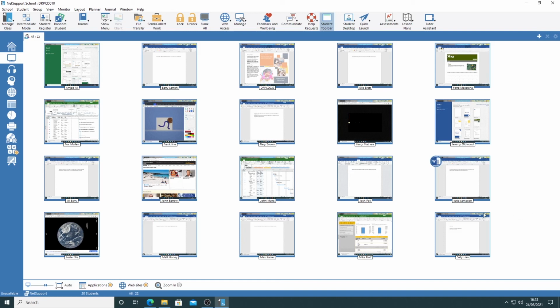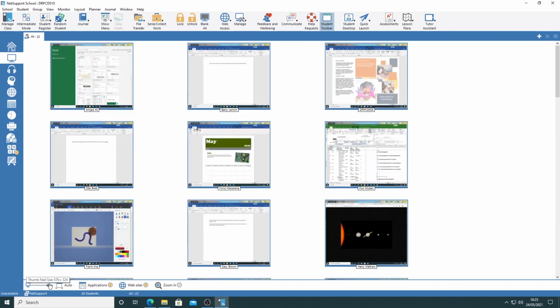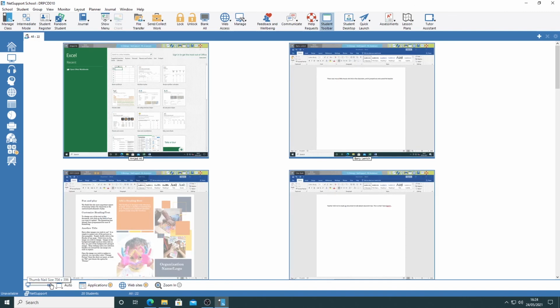toolbar. Now, you can't currently easily see that in this thumbnail view, so let me just zoom in a little bit down here using the slider to increase the thumbnail size. So you can now see at the top of these screens here, this one over here, here and here, we have got the student toolbar. Now, I will go into one of my students in just a moment so you can see that in practice,